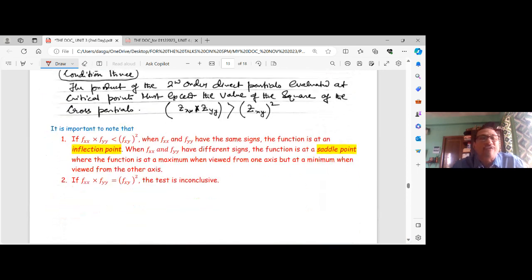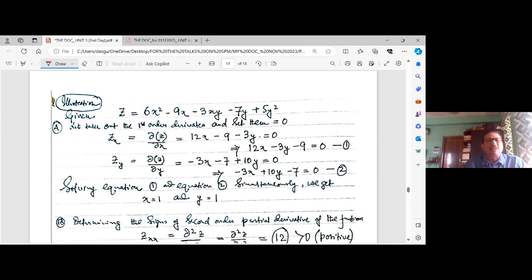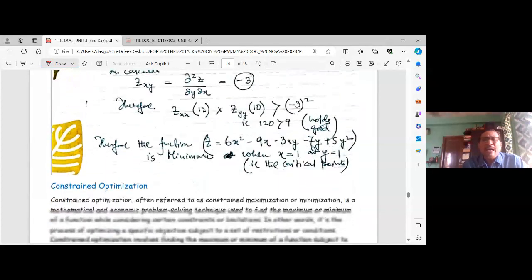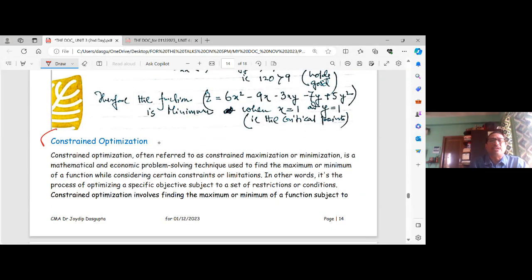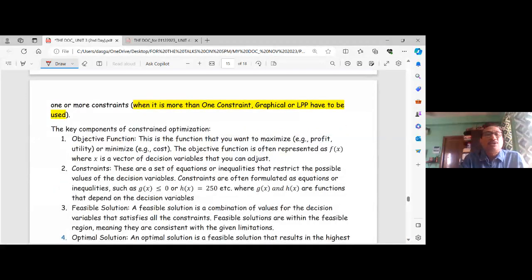Because there is a question of constraint optimization. I have illustrated an example, so go through this, and if required, get back to me. This is there in your study material. For example, if you want to maximize your profit, but there is a constraint, you cannot use more than this amount of material or this amount of labor. So you have constraints. Now, if you have multiple constraints,